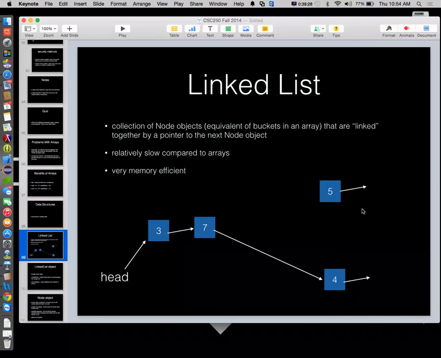So we initialize it to null. At a later point in time, though, we could make him point here and make this guy point here. And now we just added something to the list. We added something to the list in the middle. That make sense? And we'll talk about that more, but